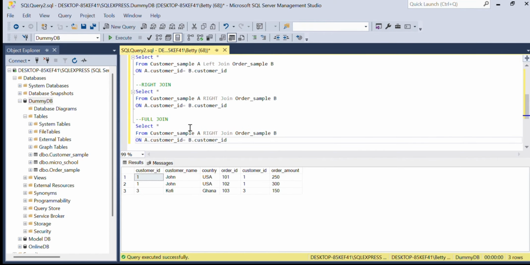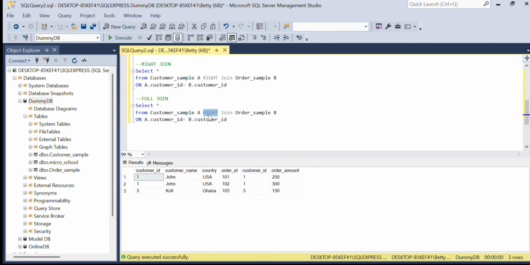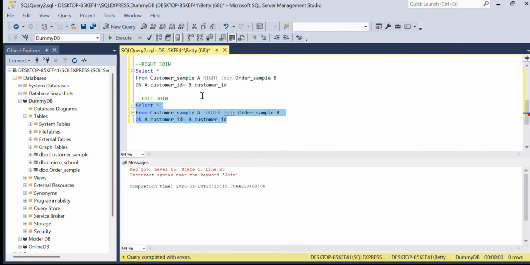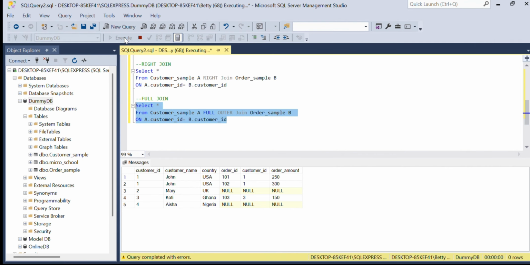So copy paste this code script and replace the right join with full outer join. Run, execute. Let me take the full outer, run, execute, and see. Great. So with a full outer join, we can see all data that exists in both tables,